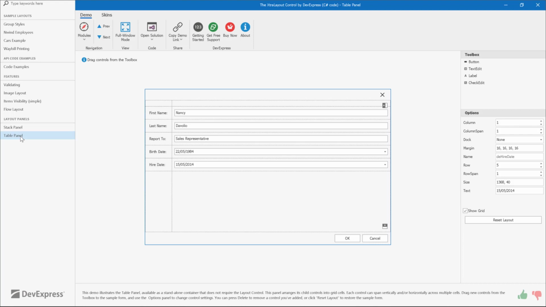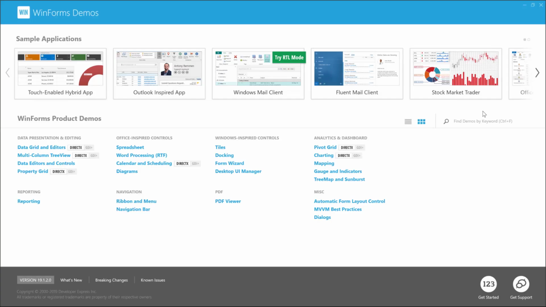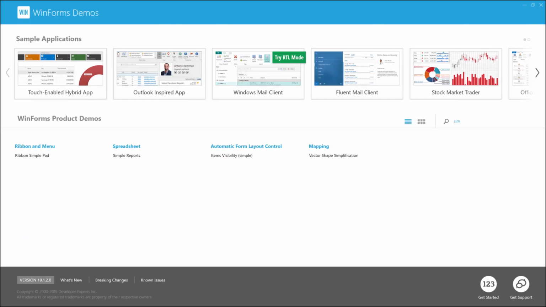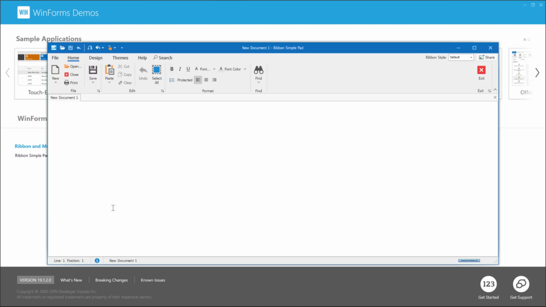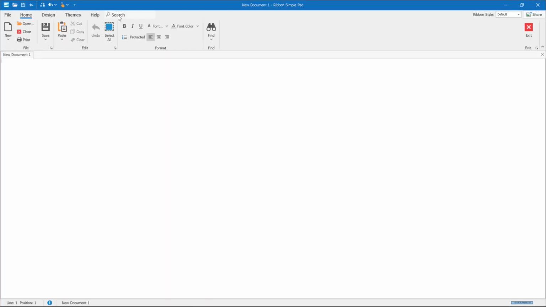We've also got the 2019 Office ribbon enhancement. So let's jump over to, I'm thinking the simple ribbon pad would be a good demo for this. Again, we talked about some of the UI things that Microsoft have implemented, and one of them is this search functionality. So here we've got a search bar, and as I